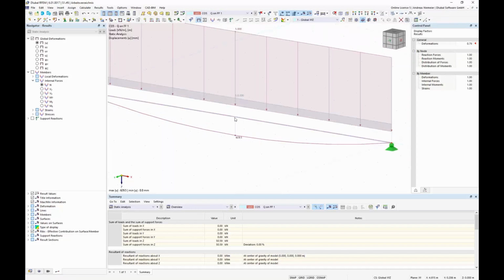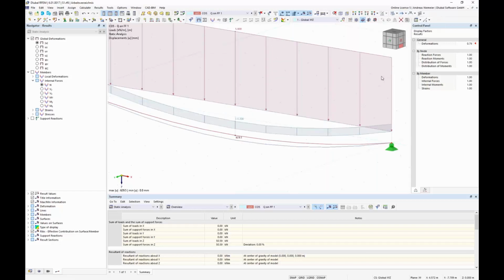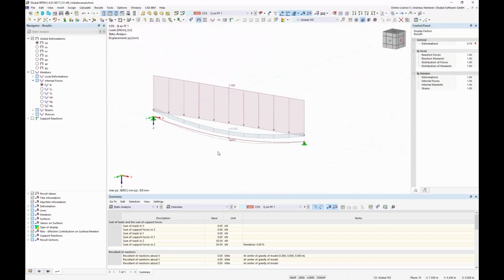So this is what we inputted. This is the shape of the initial state. This is our form finding shape, and this deformed shape is the loaded form finding shape. So the program gives you the option to manage all this stuff, and of course not only for one shape,